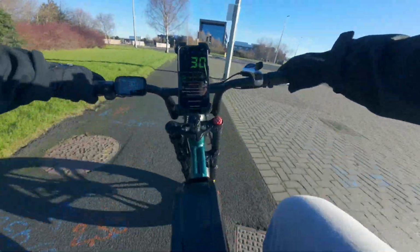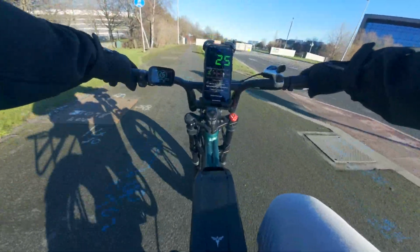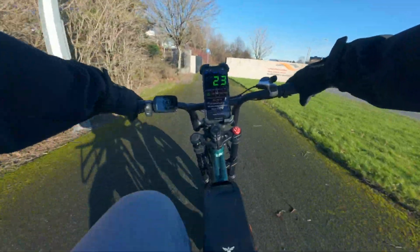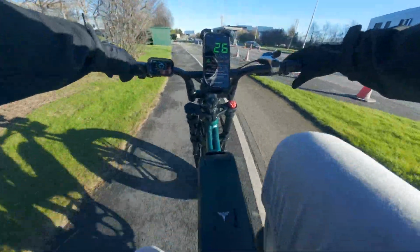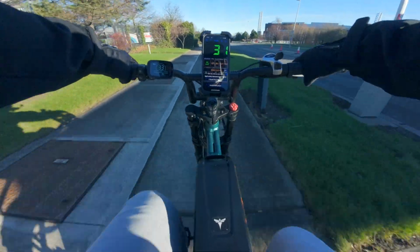I just love it. I love the handle on this, and this bike is so quiet. It does have front suspension, it has midpoint suspension. So we'll do a brake test now in a second. This is my first ride on this bike, so it's practically brand new. So okay,